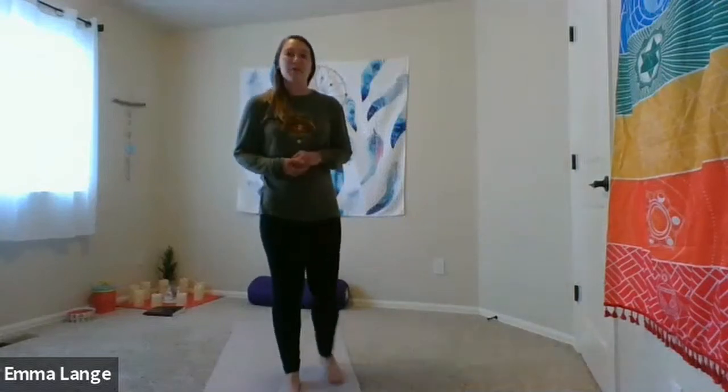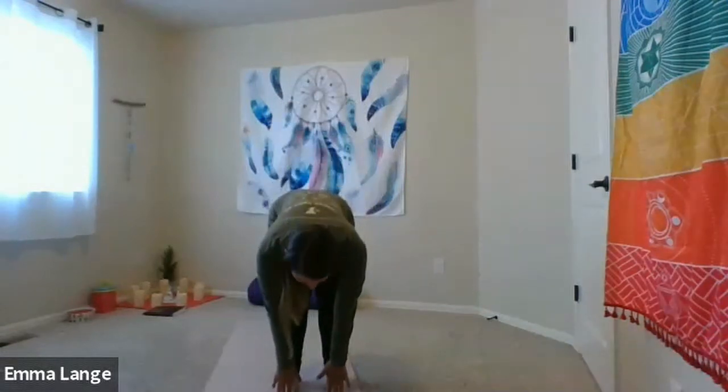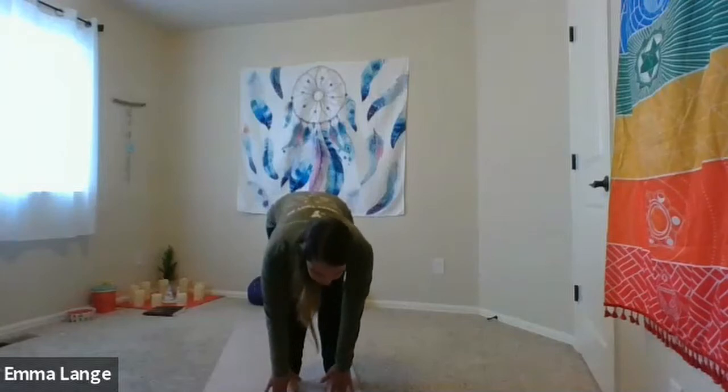Next animal that we're going to be is the polar bear. Stand up tall. And then begin to bend from your upper torso. You're going to reach down towards your toes. And you're going to be a polar bear. So can you give me your best polar bear growl? Go roar like a polar bear. Good